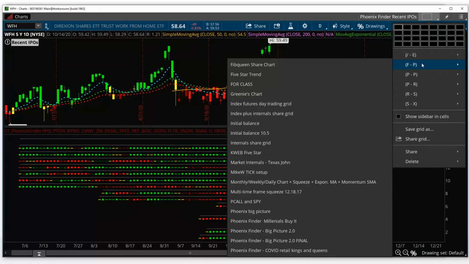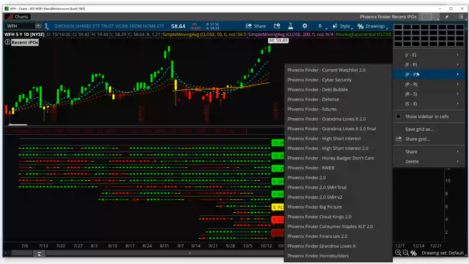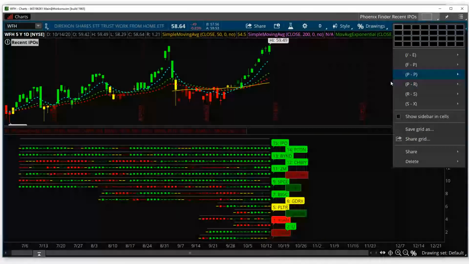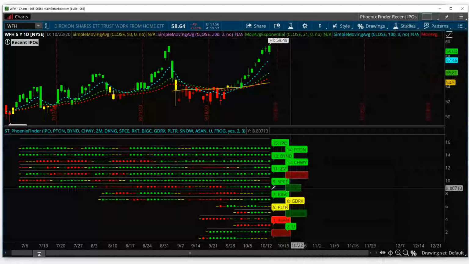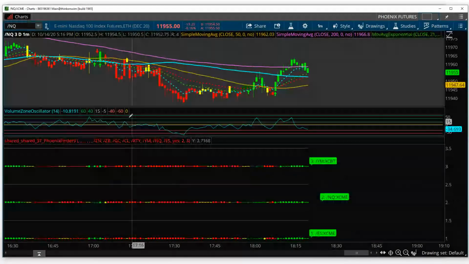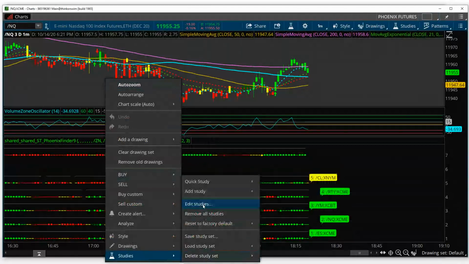I do a once per month live trading where we go over these are the tickers that we're looking at, these are the ones that we're trading, this is why, this is the state of the market that we're in right now, everything like that. Oh, here's my futures grid. I was looking for it. I was like, where's my futures grid? So anyways,